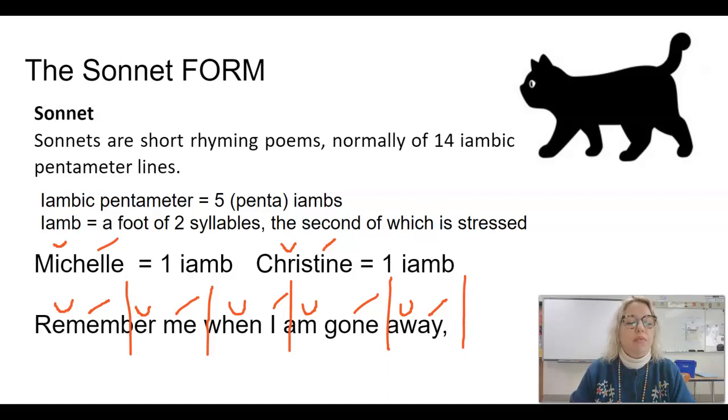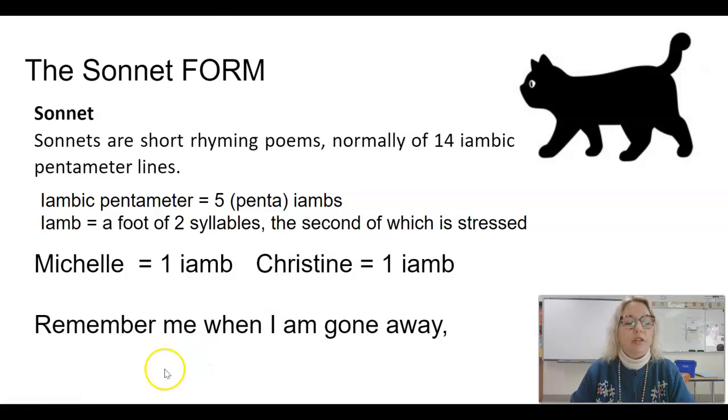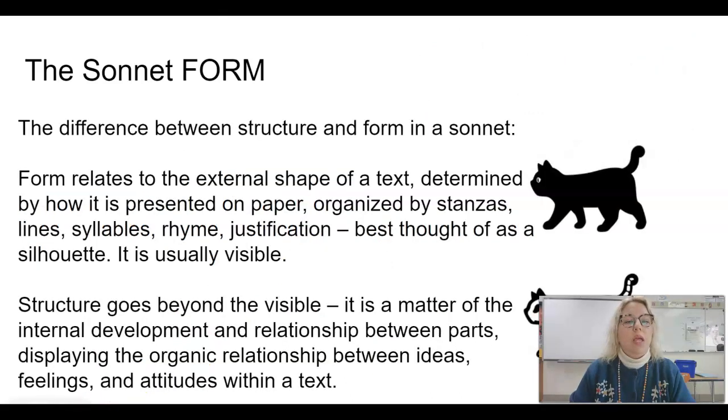All right, so a little bit about iambic pentameter. You don't need to know a ton of it, but felt like I better give you a definition here. All right, let's take a look at, I've got to exit drawing first. Oh, I swear. The sonnet form